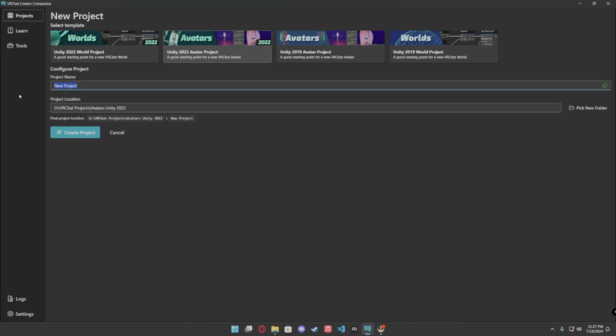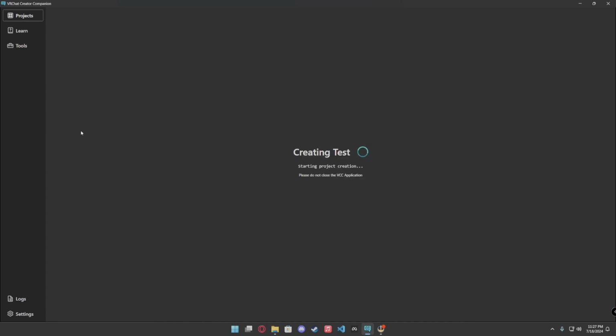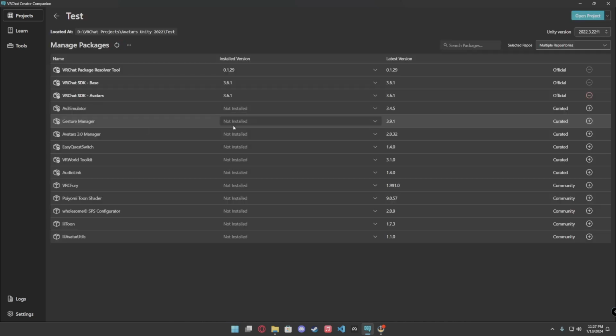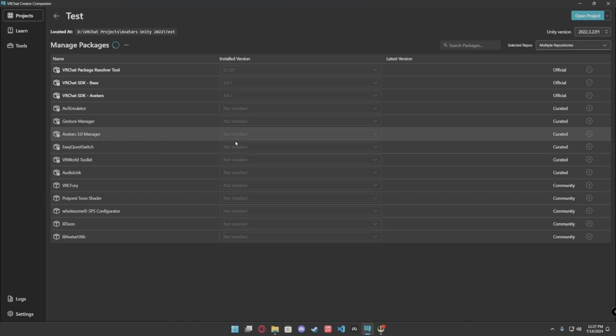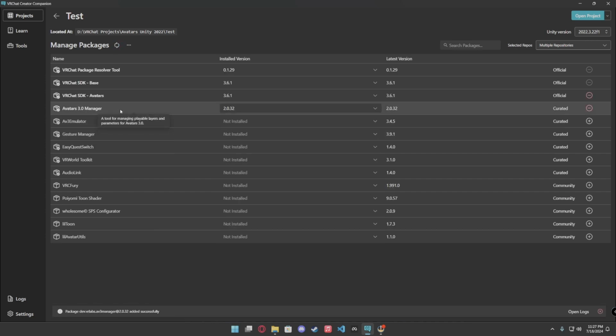I'm gonna just name this test and create the project. All right, the assets you will need for the first method, you'll need the Avatars 3.0 Manager, which is something I would recommend having for any avatar that you're creating, just so that way you can manage the animator controllers and parameters a lot more easily, and it'll tell you where your parameter count is at